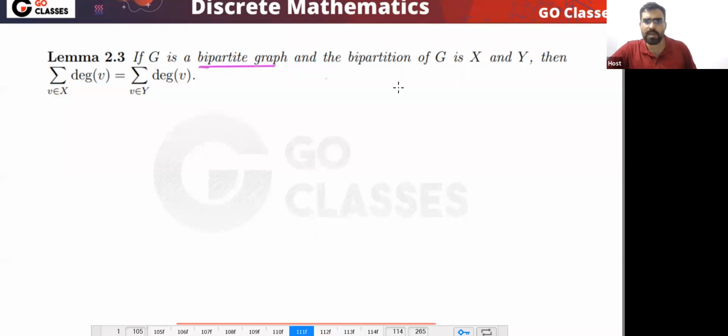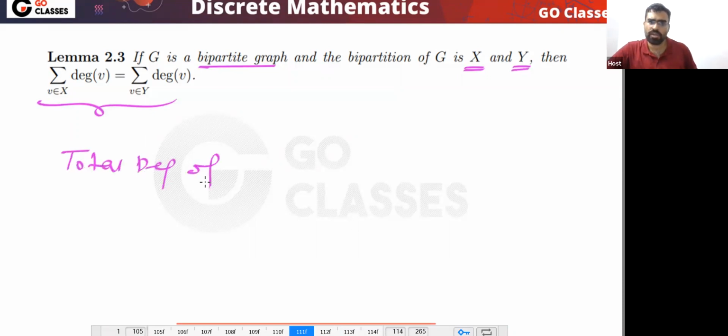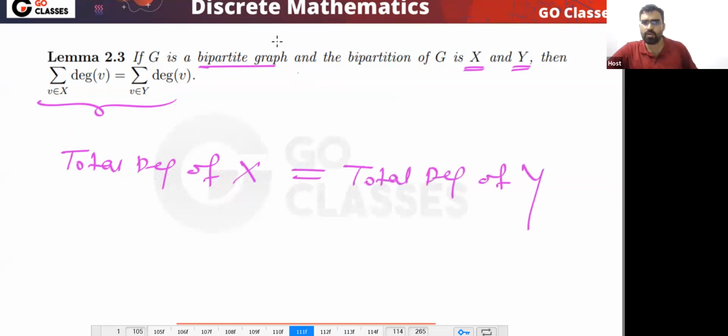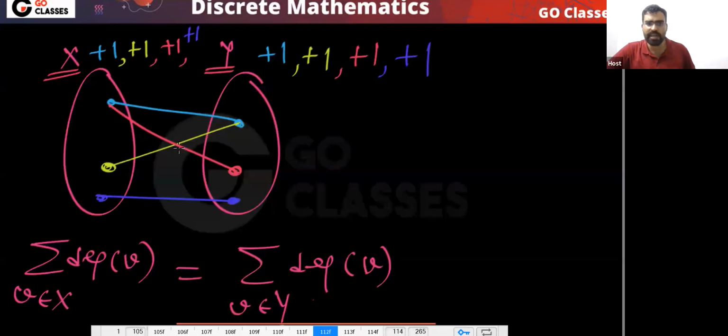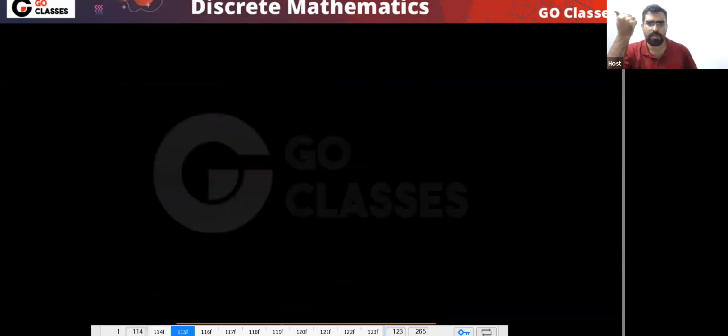So I can say if your graph is bipartite, then the total degree of both the parts will be same. Total degree of part X will be equal to total degree of part Y. Because whatever edge you put, that is your choice, the total degree of this part will increase by +1, and the total degree of this part will increase by +1. Yes or no? Every edge will give +1 to him, +1 to him. So I can say their total degree will be same. Next,